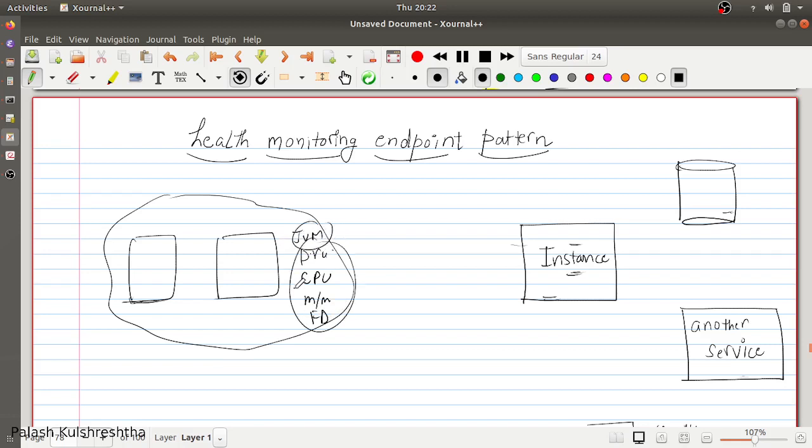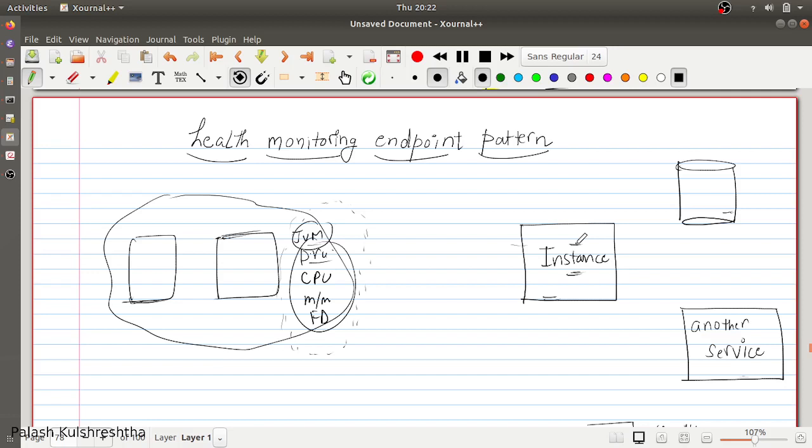You can collect all these metrics, but these are going to give you a very low level view of your system health. Low level view as in it is not going to help you determine whether your application is running fine or not.